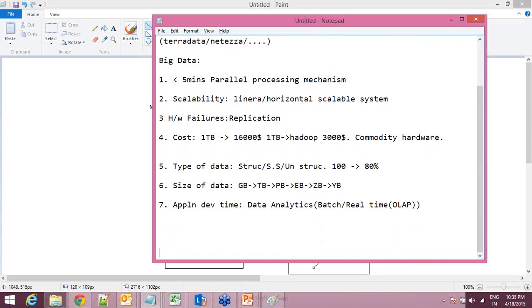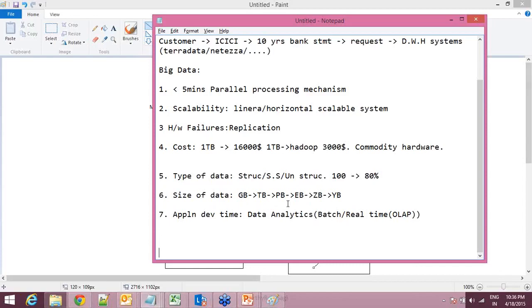So if you want to do analytics in Hadoop, again friends, Hadoop is not a single solution technology. You don't say, okay, this is my API, you have to use this to write code. In Hadoop, if you want to do data analytics, you have n number of alternatives. You can implement analytics in MapReduce, so this is one alternative. Similarly, you can do it in Pig, you can do it in Hive, you can do it in HBase. So these are all alternatives to do data analytics in Hadoop.